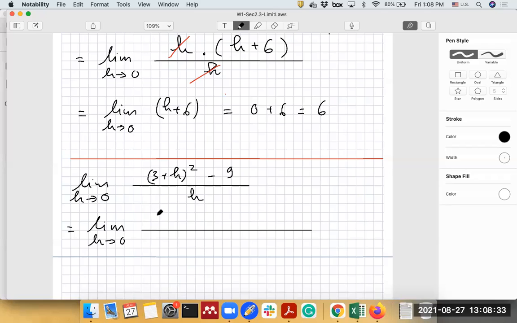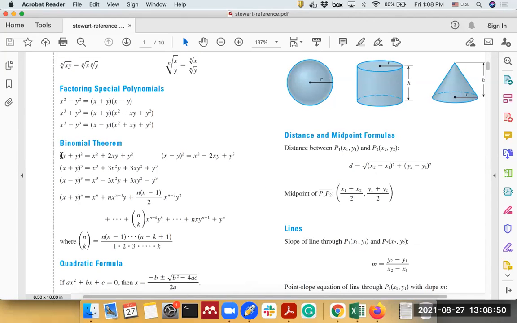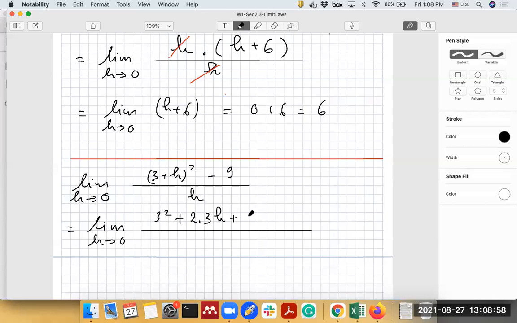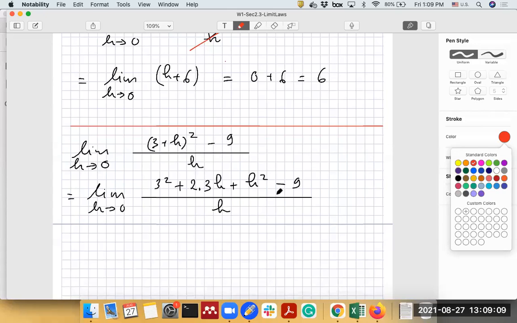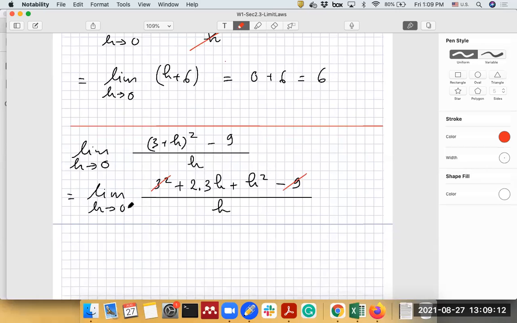Wow, so fast. Very good. And 6. I want to just use the formula here so that, okay? X squared plus 2 times xy plus y squared, and then h squared minus 9. Good job. Right? Then here 3 squared cancels with 9. Right? Then it becomes